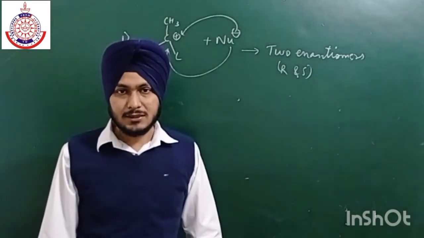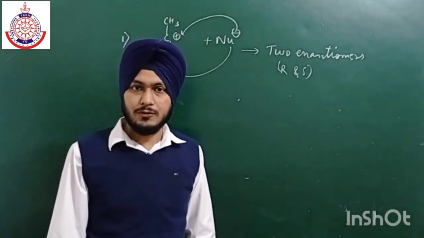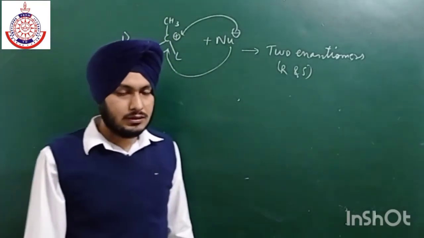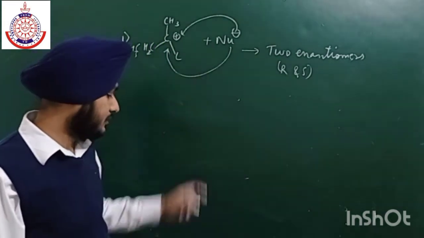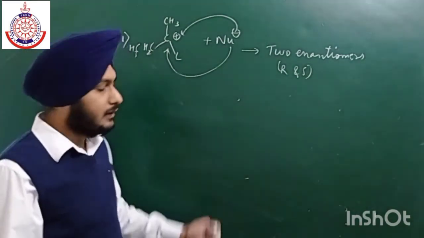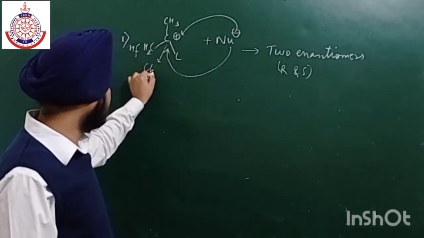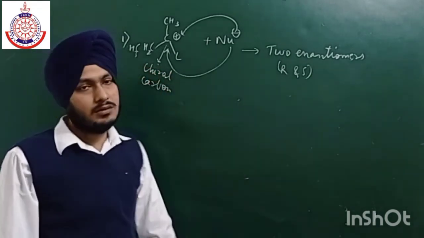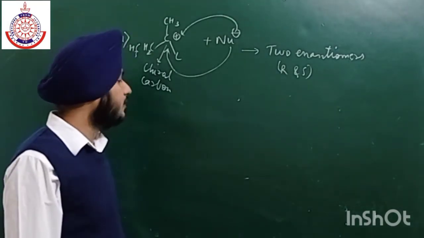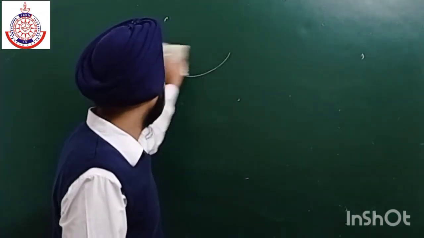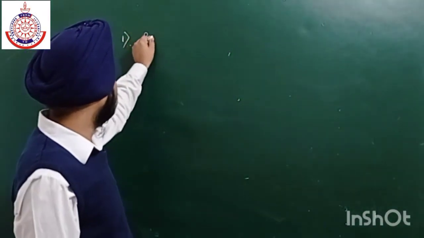So racemization takes place, but as I have already told you, firstly an ion pair forms, so some amount of inversion is also taking place in this reaction. But the main condition for racemization is that a chiral carbon must be there, otherwise no racemization takes place. So now the first point is retention of configuration, which involves retention of configuration.